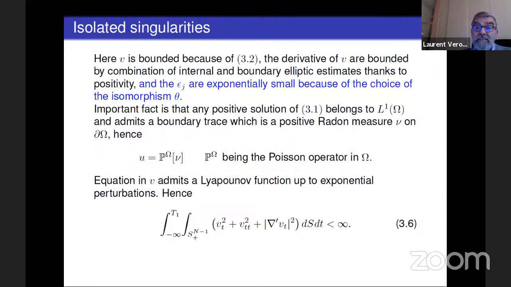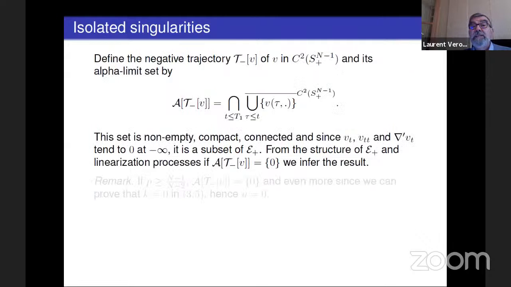So when you have this, it means that since the functions V_t, V_tt, and delta prime of V_t are integrable up to minus infinity, then you can use the a priori estimates you have and prove that all those terms go to 0. It goes to 0, and actually it goes to 0 in C^2 of S^{n-1}. Now you look